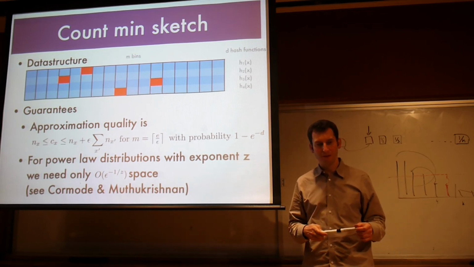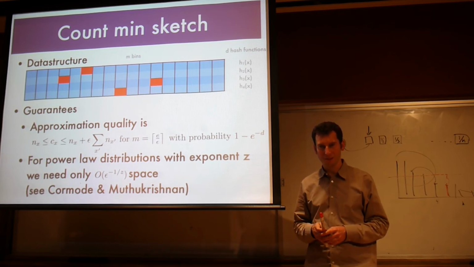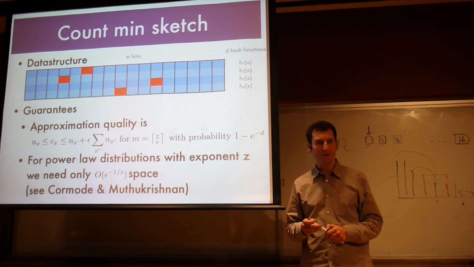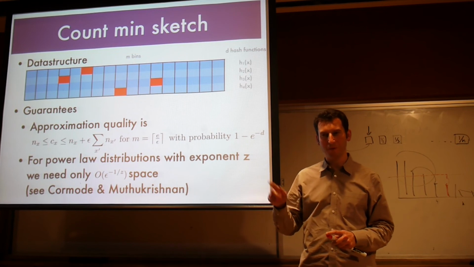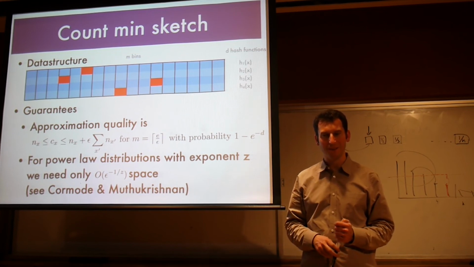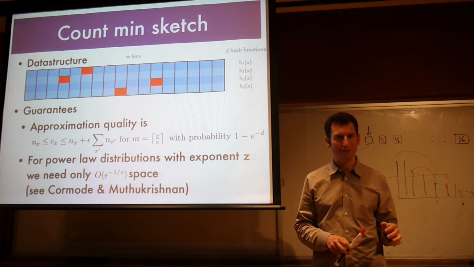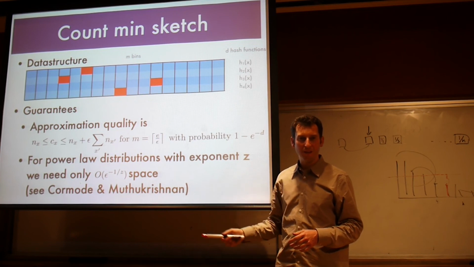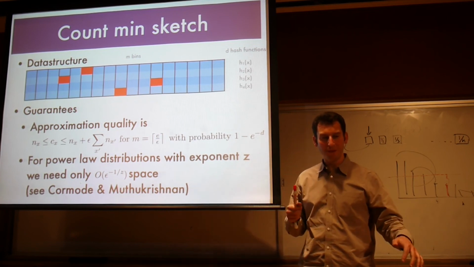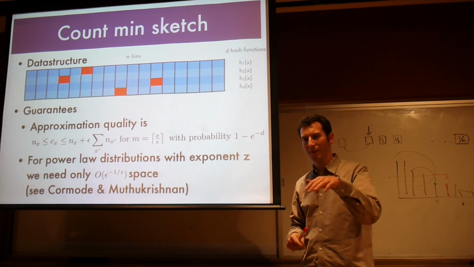It works because we only deal with non-negative numbers. There is a related sketch, the count sketch, rather than count min, which takes the median rather than the min, and that has the 1 over square root sample size accuracy. But it tolerates both positive and negative counts. Mind you, this allows for increments and decrements, and you could at any time of the algorithm before you query have negative counts as long as you come back to 0